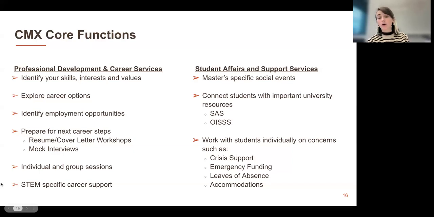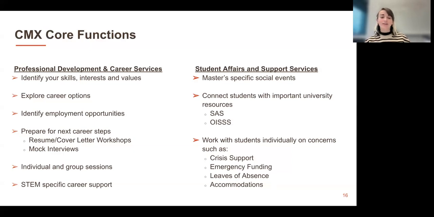And then otherwise, we also have a lot of student programming through our student affairs team. What that looks like is a lot of cross-departmental fun, low cost, if not free events that are really centered around well-being. So a little bit different than you would normally see with undergraduate programming. We know that graduate students are a little older, a little more mature. They want to be dignified and separated from undergraduate populations. So luckily at Brown, there are I think over 30 graduate student groups that are approved by the Graduate Student Council. Also, you can create one if that floats your boat.